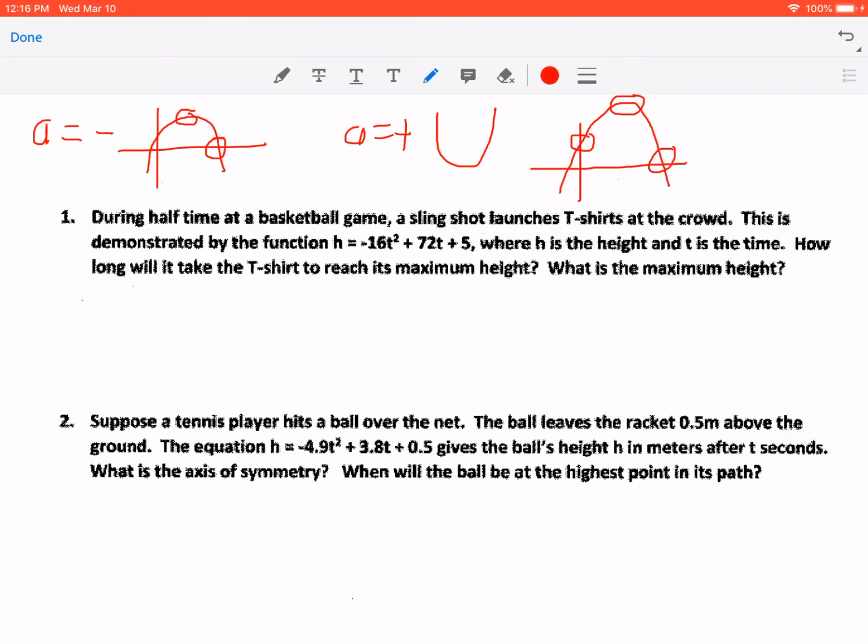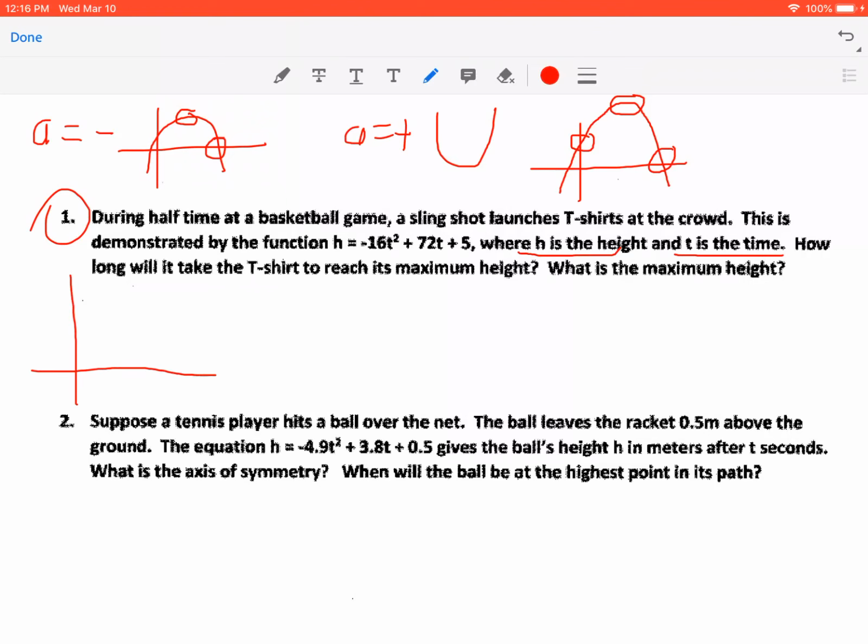And again, I'm going to graph them. I'm going to switch back and forth on these and just talk about these things. So if we look at problem number 1, during a halftime in a basketball game, a slingshot launches T-shirts at the crowd. This is demonstrated by the function h equals negative 16t squared plus 72t plus 5, where h is the height and t is the time. Now, what's happening here,